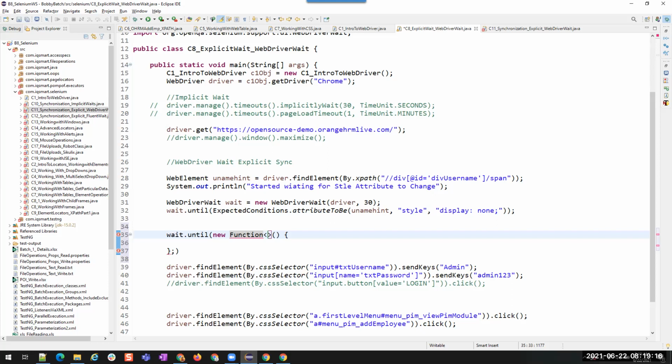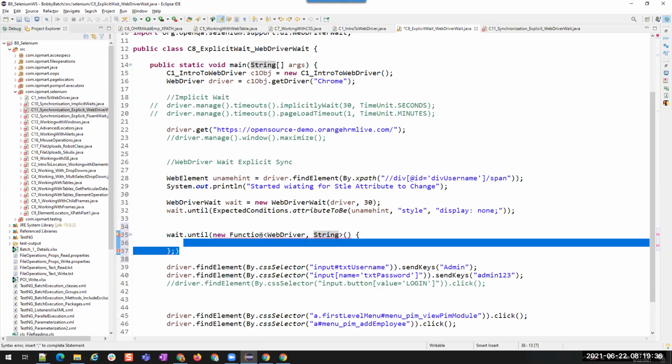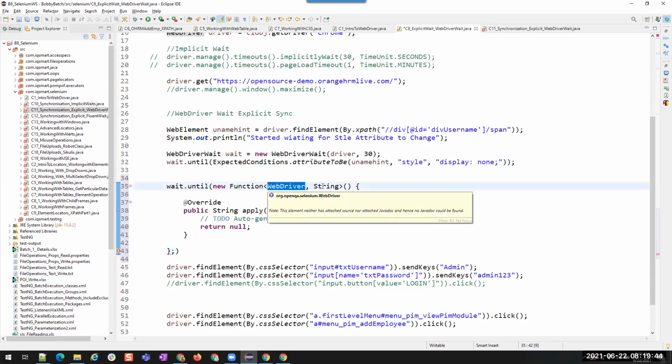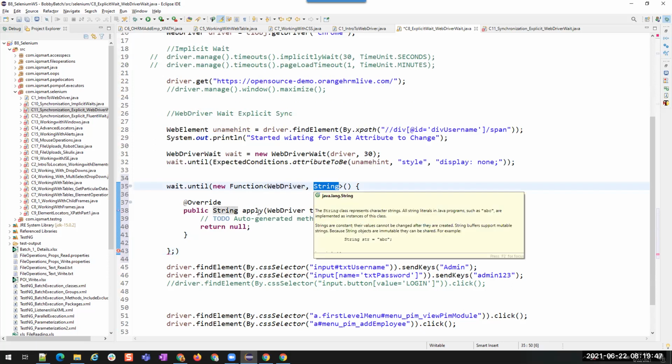Suppose we have to pass WebDriver as input, WebDriver type, and for example I'm going to get the text out of this, so I'll mark it as String. That means I'm passing WebDriver as an input and I'm getting String as output. That is the default behavior of the function: what is the input that we are going to give, and what is the output we are going to get from this method.